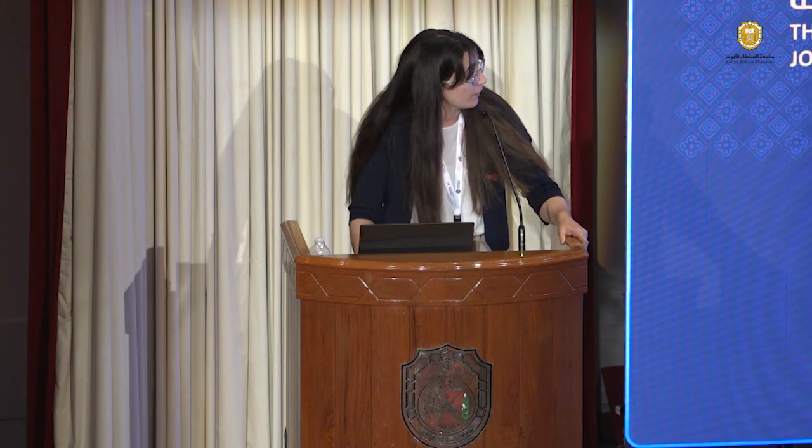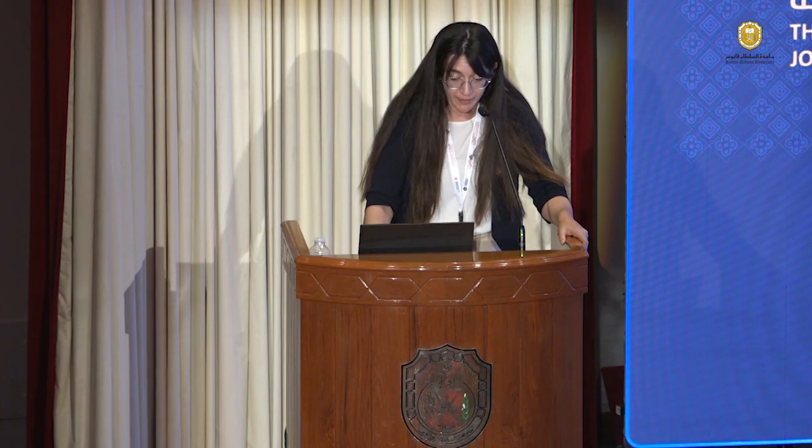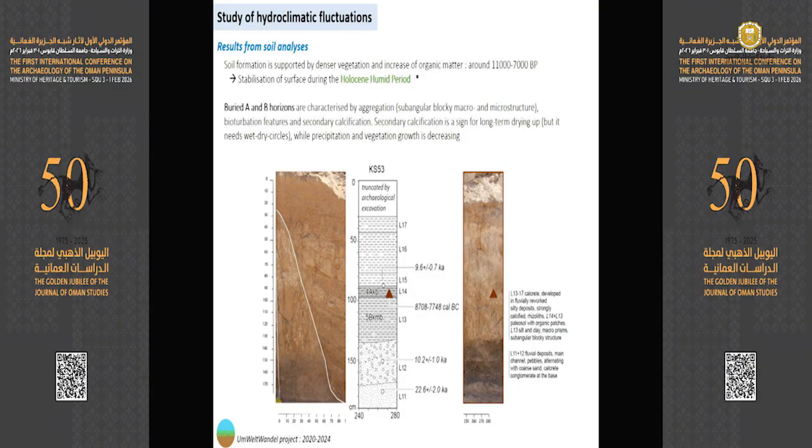Regarding the soil, we had several buried A and B horizons. Those A and B horizons are linked either to an increase of organic matter in the buried A horizon, or, for the buried B, it's the horizon you can normally find below A. So if you find a B, you can have a missing A, and it also counts, let's say, to record